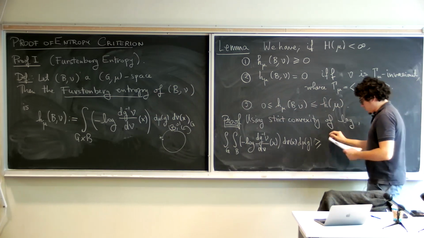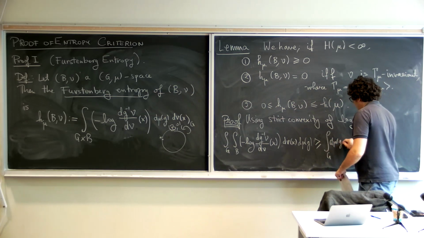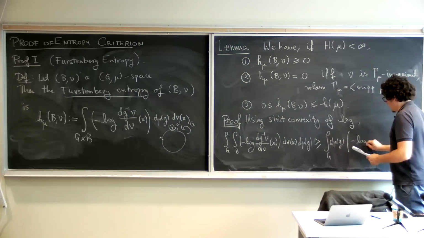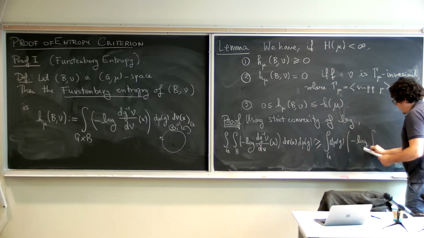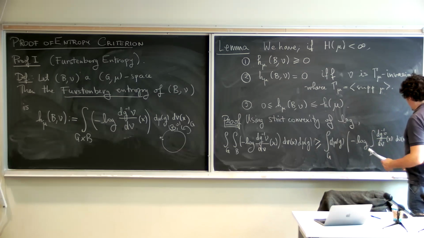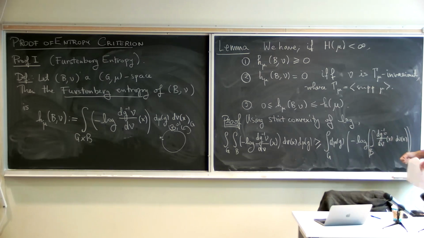Than minus log of the average. So here we're taking G. We're not doing anything to G, but we are doing minus log of the integral over B of this Radon-Nikodym derivative. So this is just by Jensen's inequality, the expectation of the log and the log of the expectation. And there's a minus, so that's